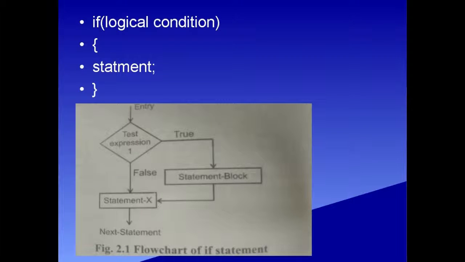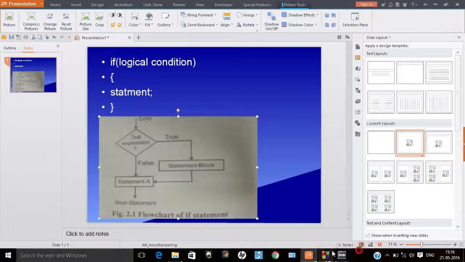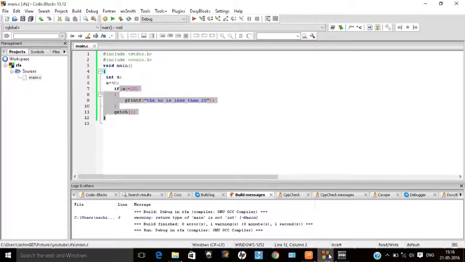So let us see one program. I have written this program already. In this we have included two header files, include stdio.h and include conio.h, and then the void main. From here the execution of the program gets started, and then we have initialized a, as we are going to use a, and then we have given the value of a as 15. All these things are ended by semicolons, and then the if statement gets started.